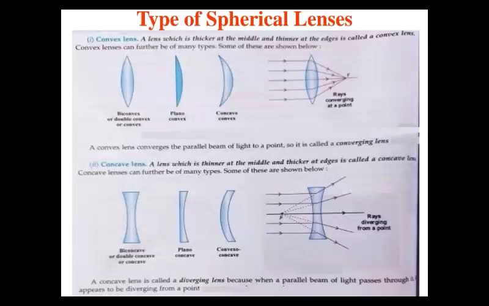In case of concave lens, it can be of three types. One is biconcave, which is concave from both sides. Another one is plano-concave, where one side is plane and the other is concave. And convexo-concave means one side is convex and the other is concave. All these three lenses diverge light which falls on their surface. In our syllabus, we are going to discuss these lenses, and this biconvex lens we will simply call convex, and the biconcave lens we will call concave lens.